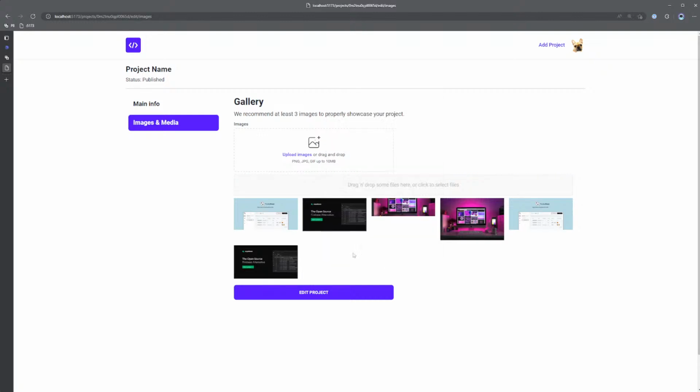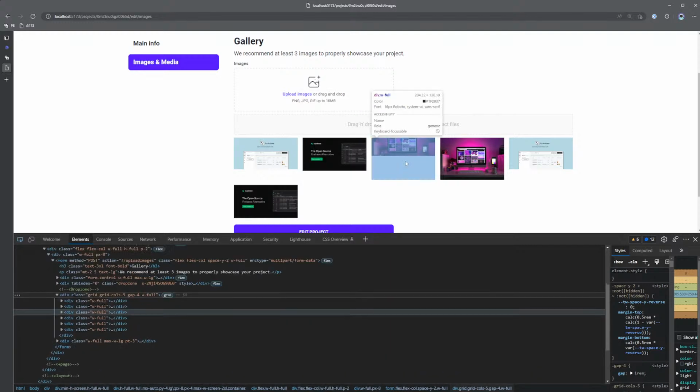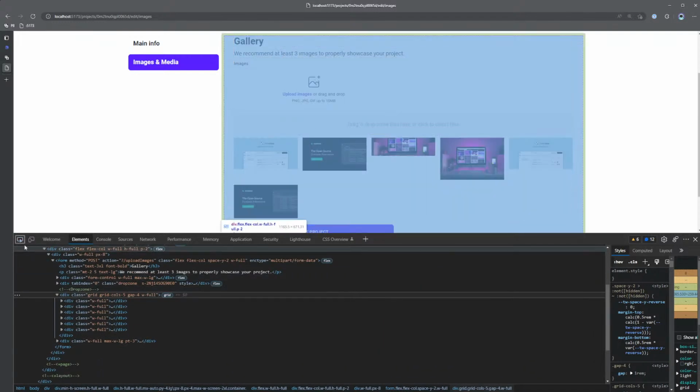Okay, so I don't like the sizes here. I guess I can set like static height and width. But I thought that if I did